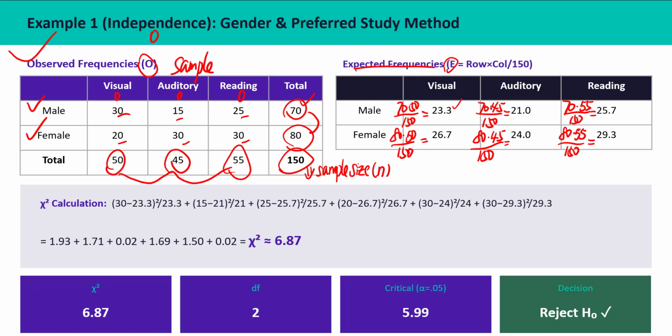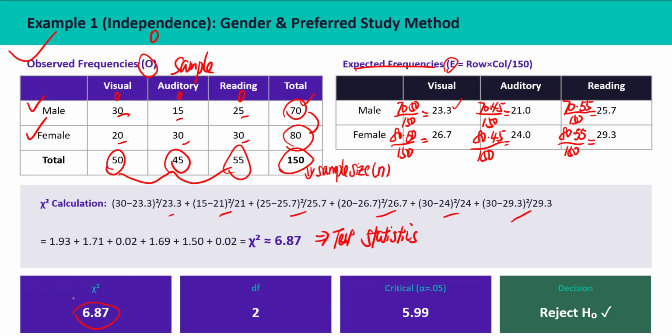So taking the observed frequency 30 minus expected frequency 23.3, square the difference, divided by the expected frequency of 23.3. There's going to be 6 different squared quotients here. So you just sum up those, and basically we get the chi-square test statistic. Those are the 6 chi-square values, and we get 6.87 when we sum up those